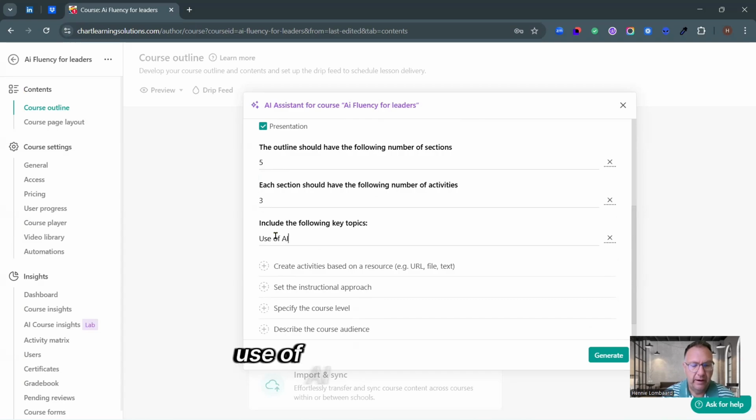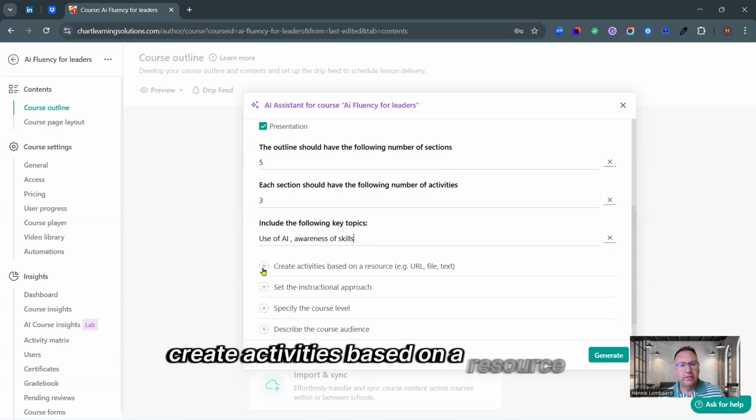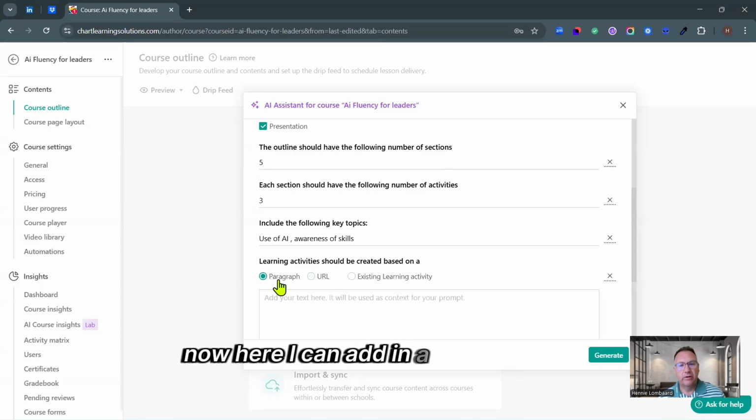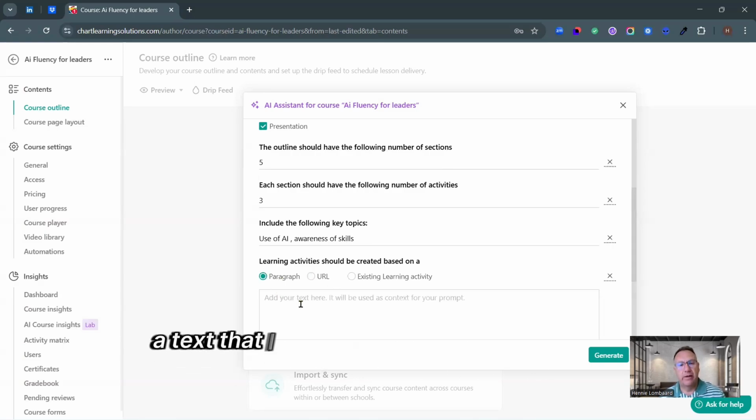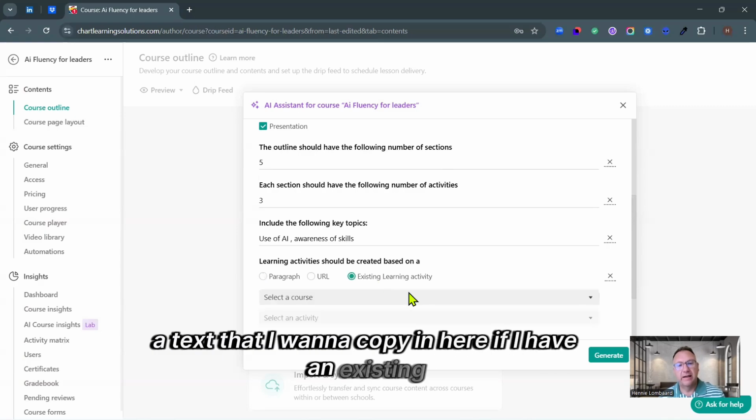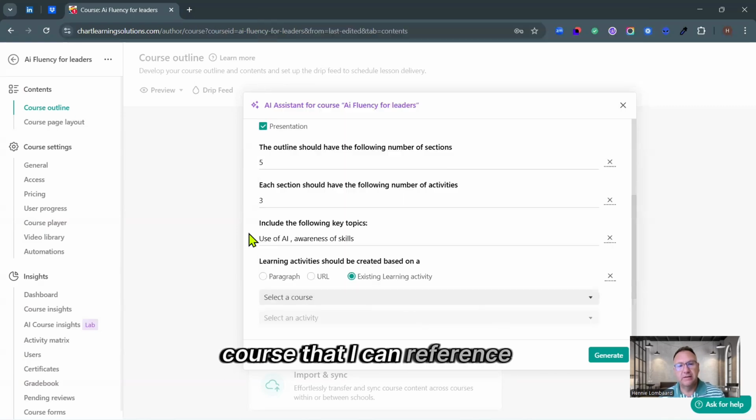use of AI and awareness of skills. All right. Create activities based on a resource. Now here I can add in so if I have a text that I want to copy in here, if I have an existing course that I can reference,